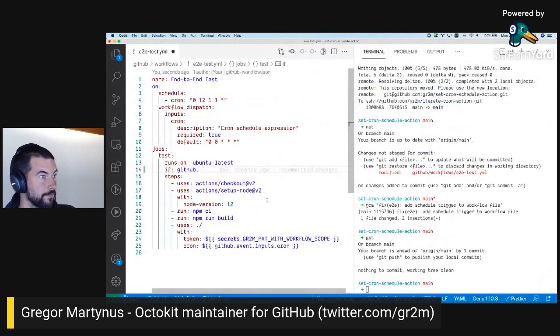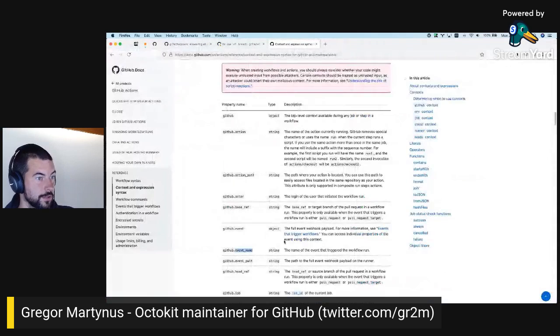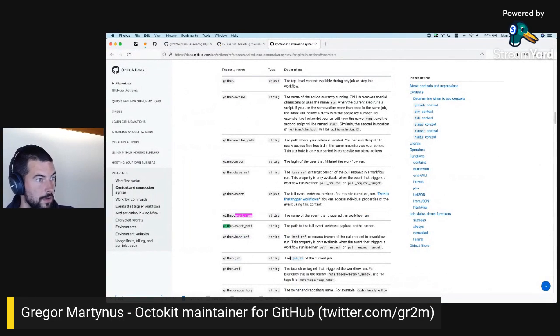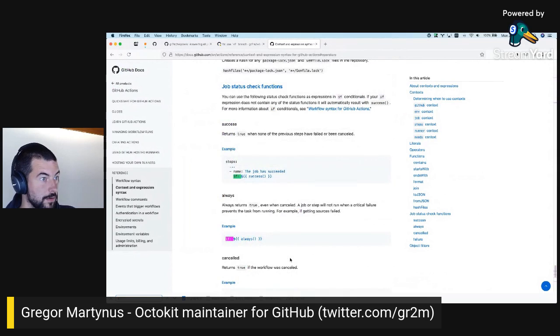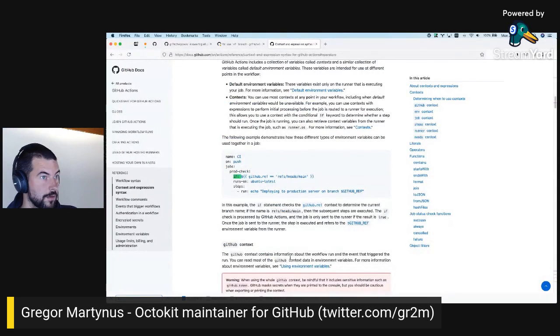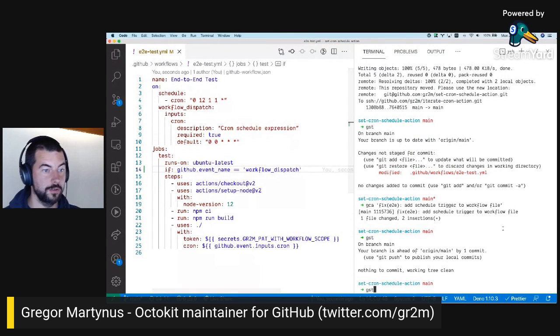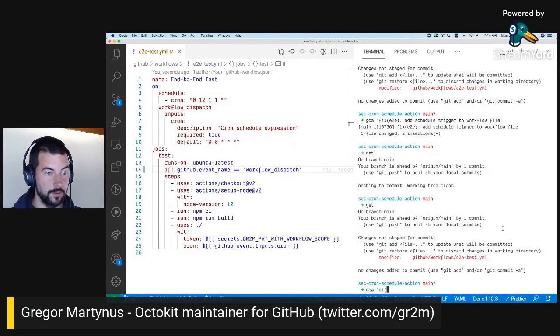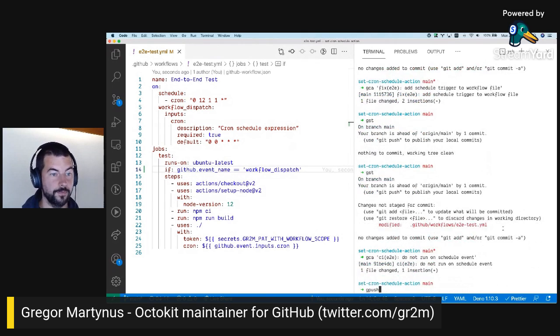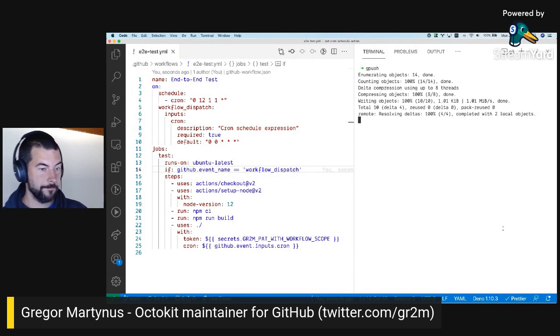There we go. So if GitHub event name is workflow dispatch. All right. CI end-to-end do not run on scheduled trigger, on scheduled event. Okay.